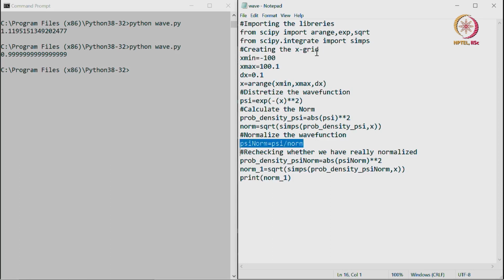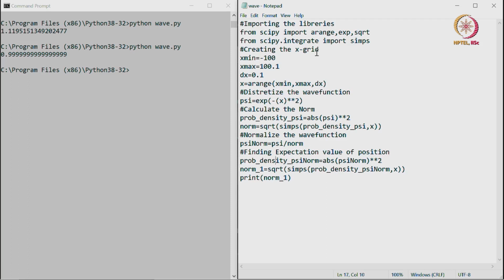This far we are done, and then we have to find out the expectation value of the position. So this part will be deleted and we will write down finding expectation value of position,